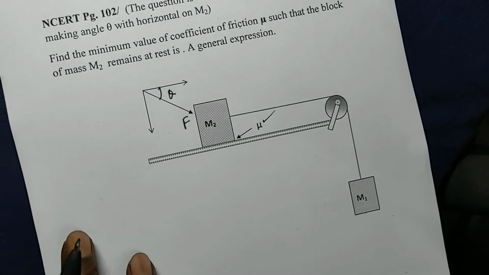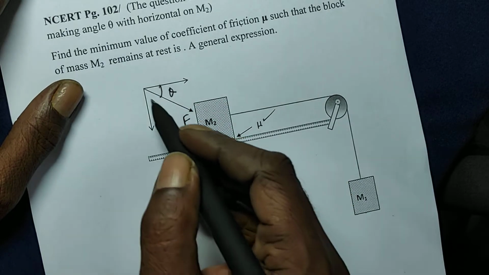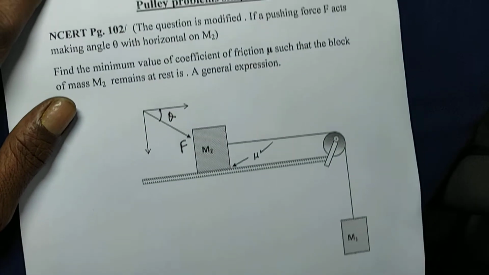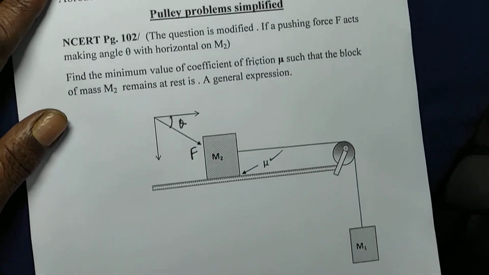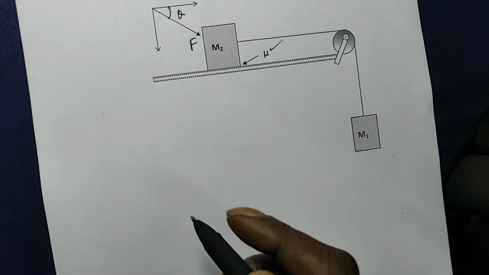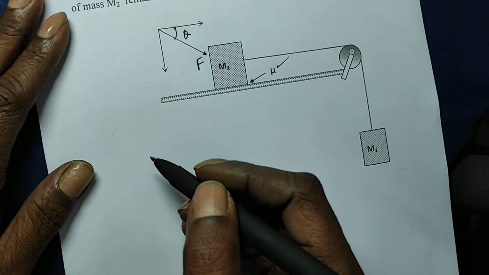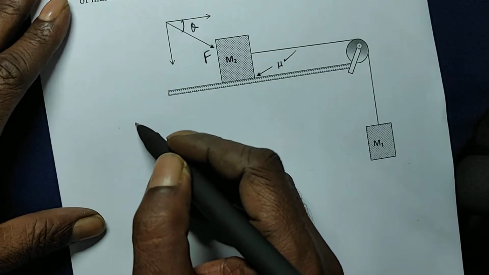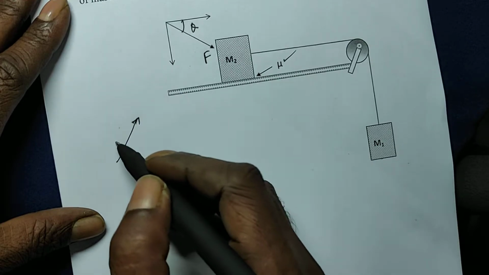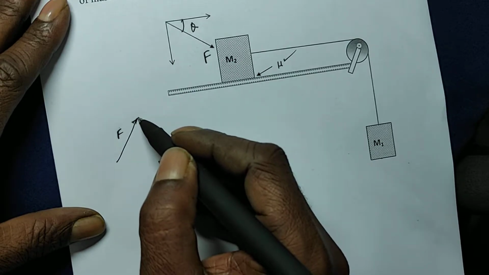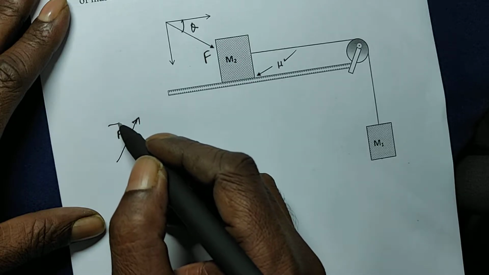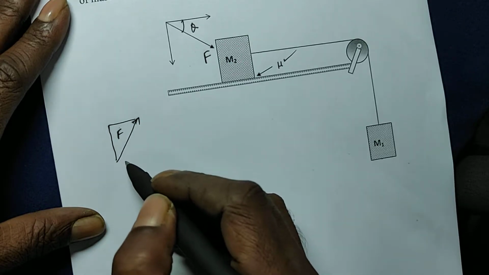So now let us see what this F is doing. If you are making some angle with the horizontal, I hope you are familiar with components of a force. You are familiar with rectangular components of a force in a plane. Meaning, if there is a force F represented by this line, taking this as the diagonal of a parallelogram, you construct a parallelogram like this,